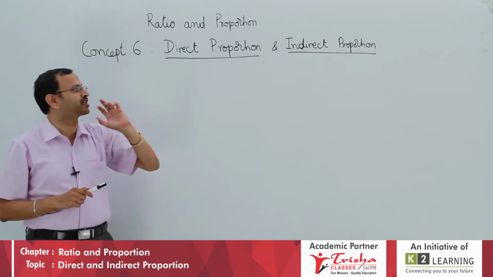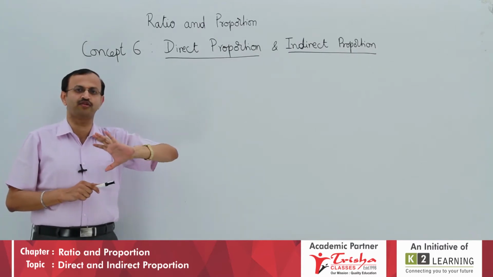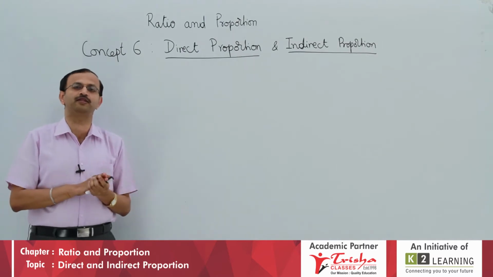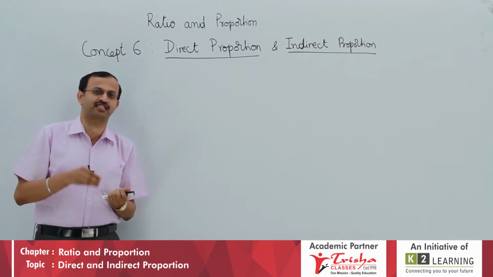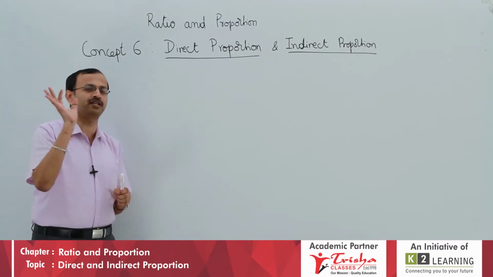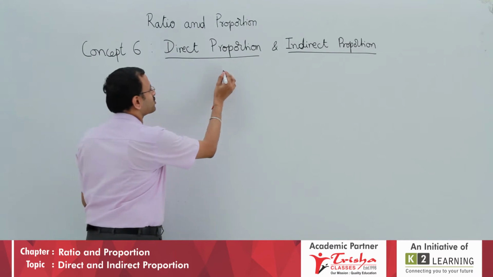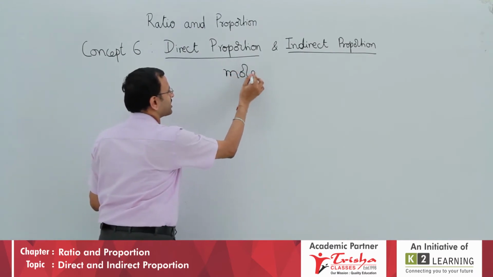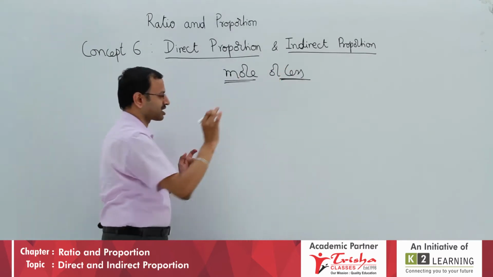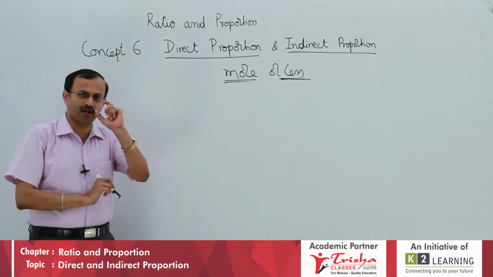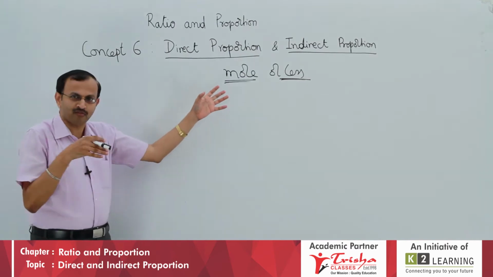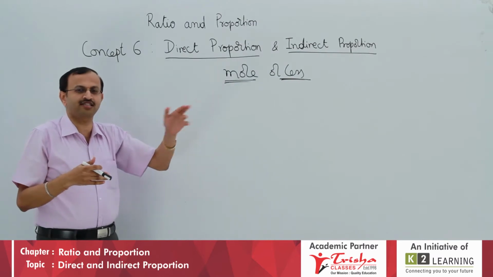Now, how to solve it? Quite often we get confused how to go about it, how to work it out, as problems with 2, 3, 4 variables are there. Students, shall we take this example? Direct proportion or indirect proportion should be solved with a simple technique. The technique is, you should use only the words either more or less. With these two, your answer is concluded. I repeat, I will ask a question and you have to say your answer as either more or less. If you say this, your answer is done.